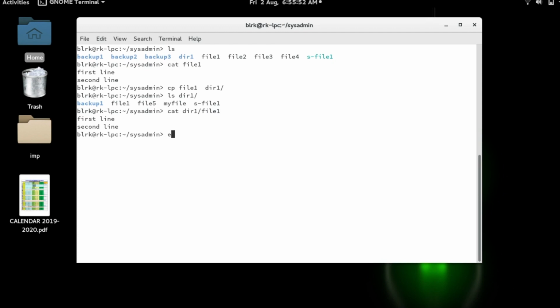Fine. Now what I do, I just modify my file 1 by having a 3rd line and just update file 1. Now what I do, I just use the mv command. This time I use an option -b. The source file name is file 1, the destination is dir1, and destination file is file 1. What happens? Let's see. Type ls